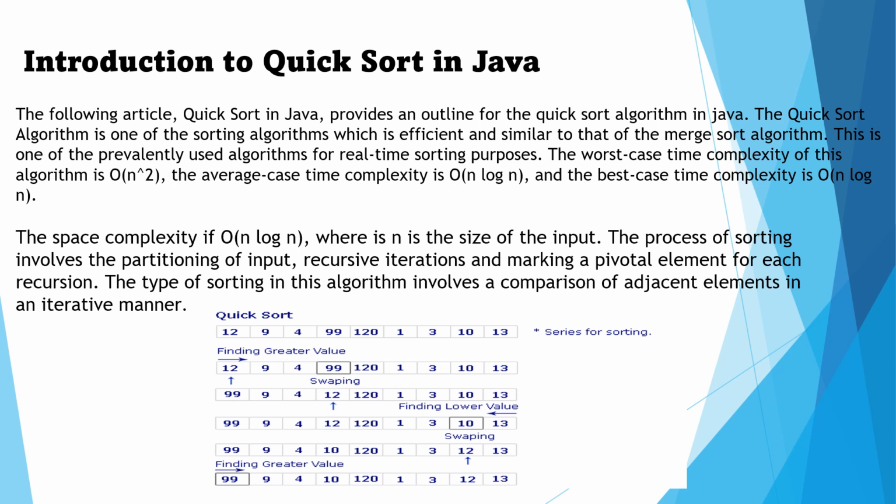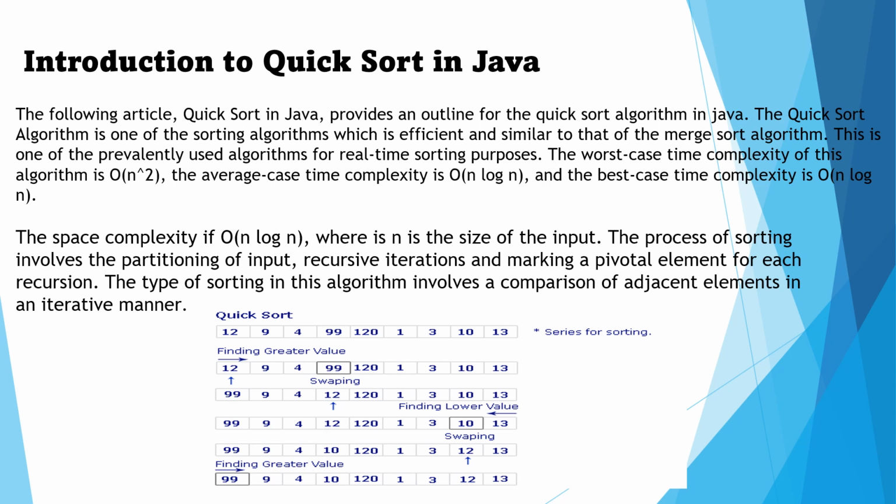The worst case time complexity of this algorithm is O(n^2). The average case time complexity is O(n log n), and the best case time complexity is O(n log n). The space complexity is O(n log n), where n is the size of the input. The process of sorting involves